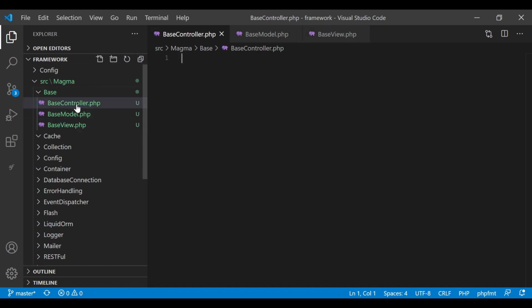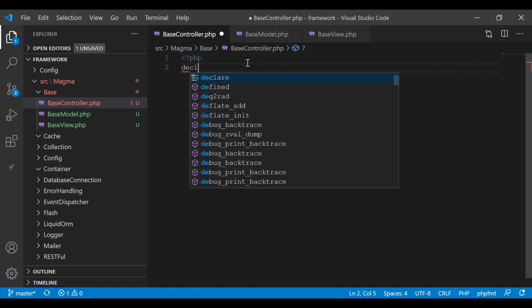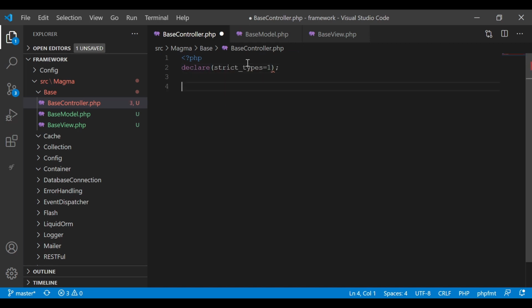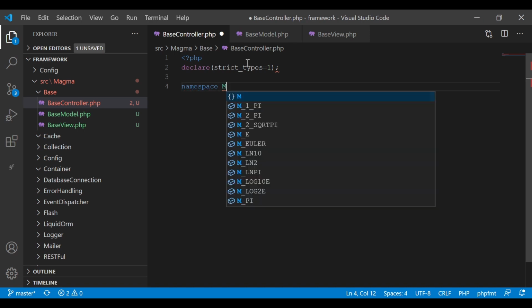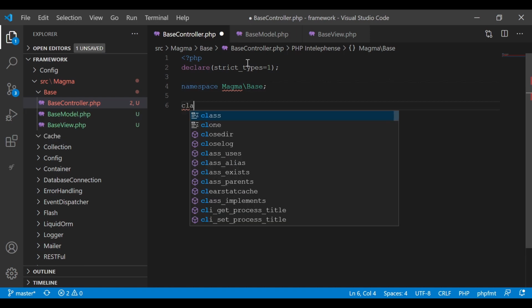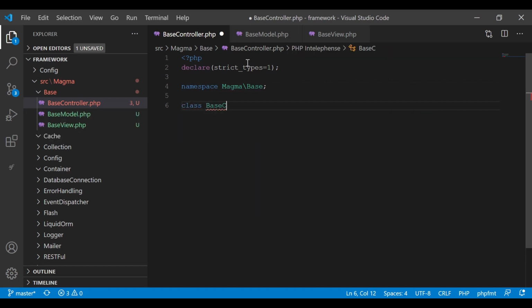So start off with our controller, and these are going to be quite basic. We're going to build them out as we go along. We're just going to keep it basic for now, just a starter file, so we know it's there, so we can add to it as we start building out our application. It'll be PHP, declare, and we're going to be in the base directory. Say class BaseController,